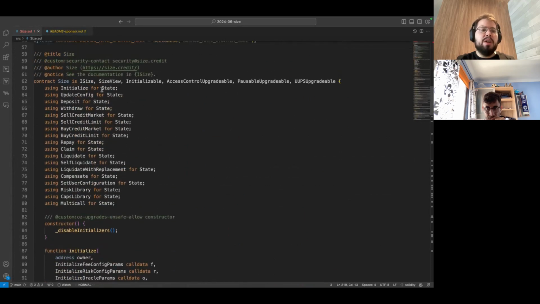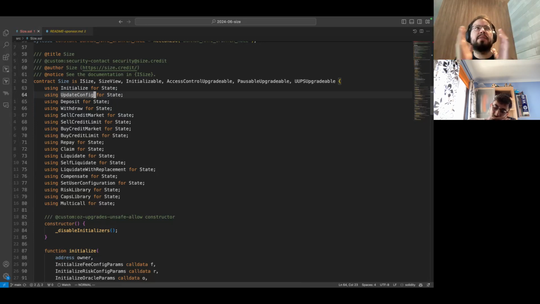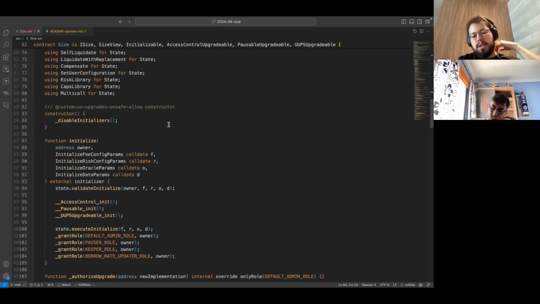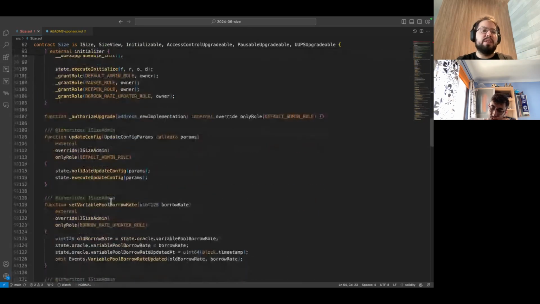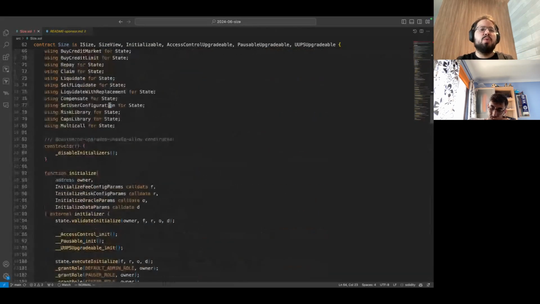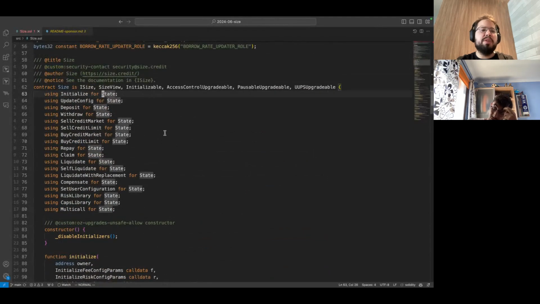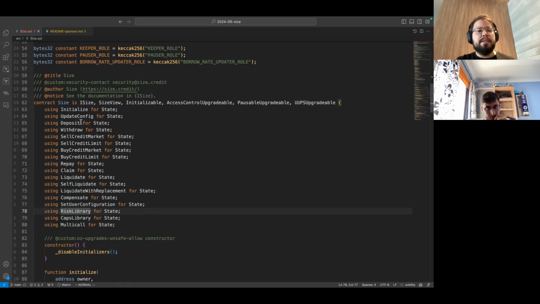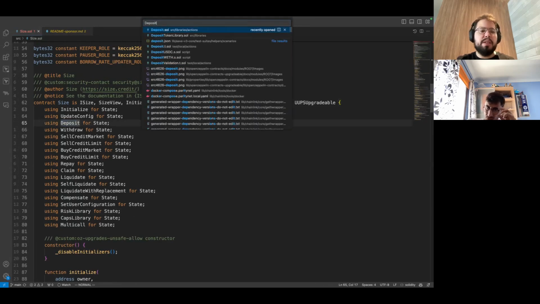Because of that, we also decided, so one problem is obviously that we have a very huge contract in terms of code size, because all the functions would have validation, execution, post execution. So we made use of libraries for everything. For example, the deposit function is a library, the withdraw function is a library, market orders are libraries, limit orders are libraries, repayment, liquidation, etc. And if you go here, for example, on deposit